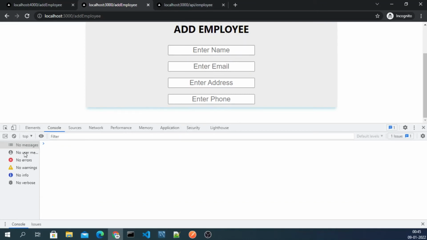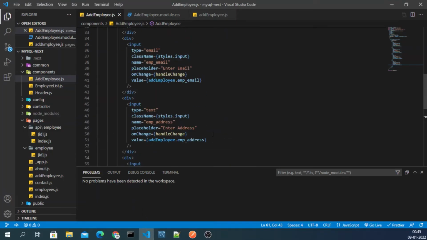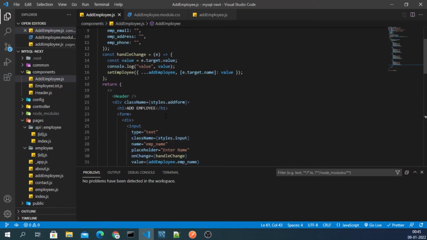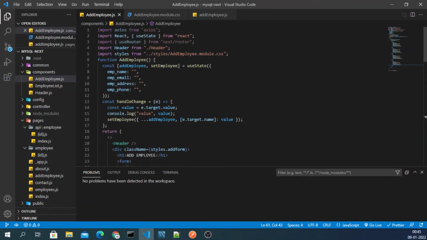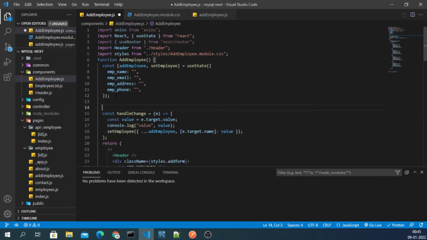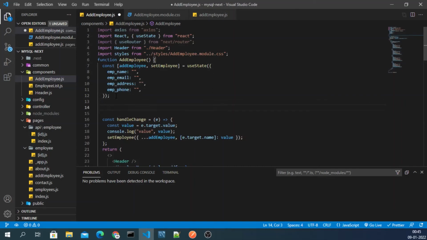After that, now we have to submit the form. So we have to make a function here just above, which will submit the form.